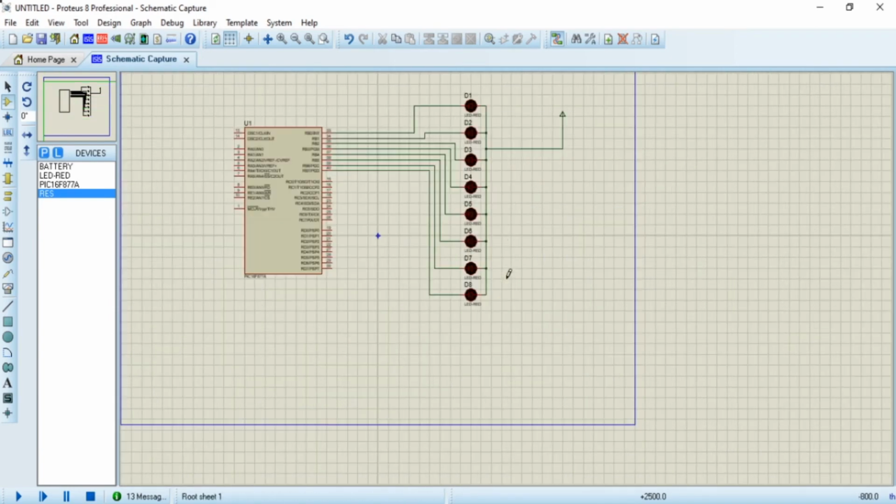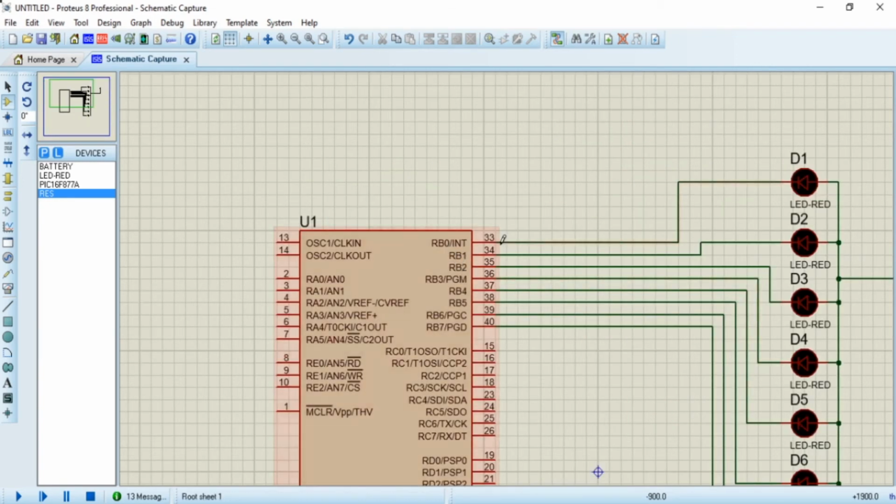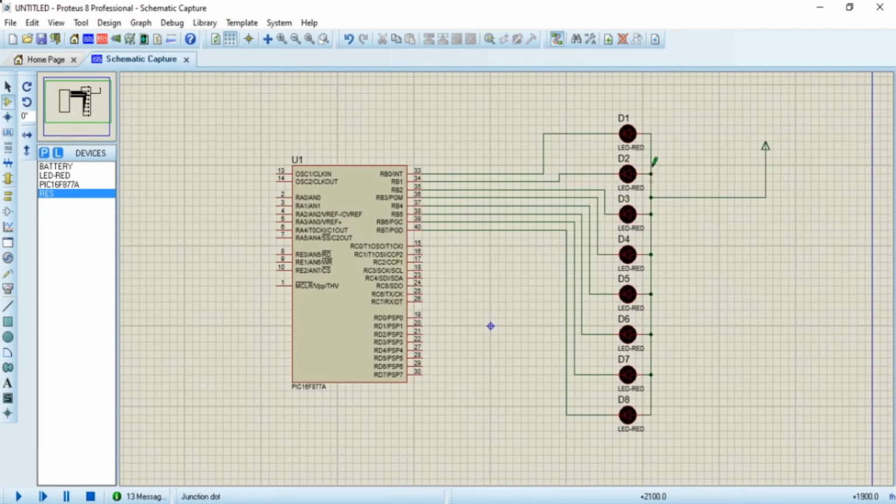these LEDs are connected to the positive terminal from their anode part, and the cathode terminals are connected to port B. In our code, we specified that port B provides data 0, which means every pin provides 0 to the LEDs. To turn an LED on, we need positive on the anode terminal, and on the cathode we need ground, or 0.